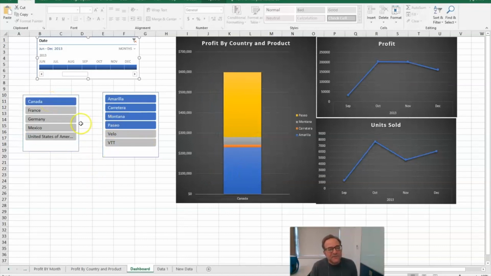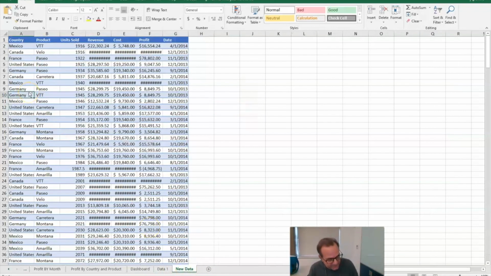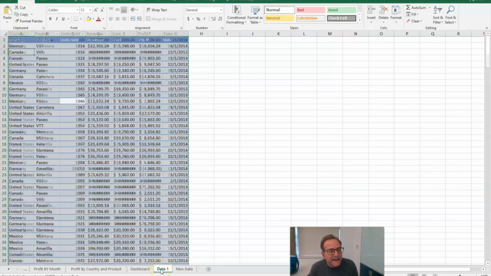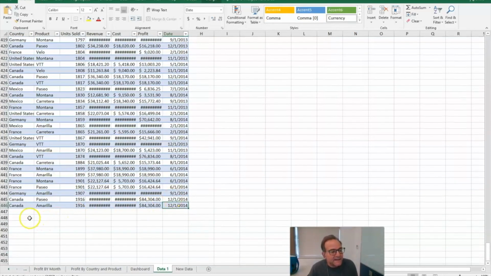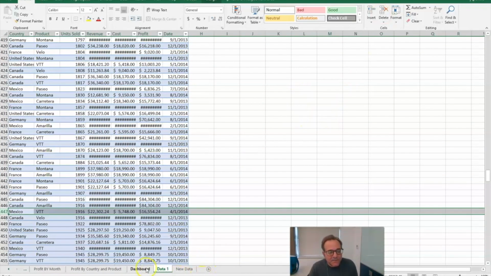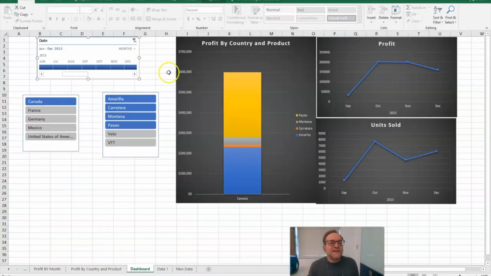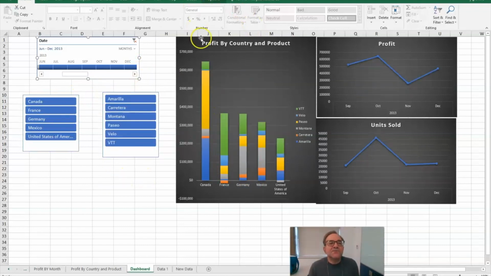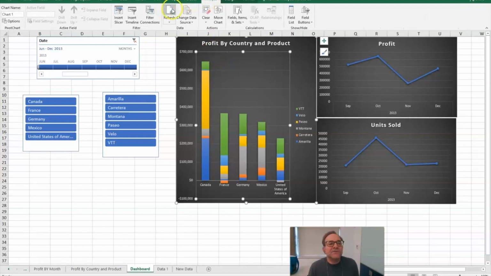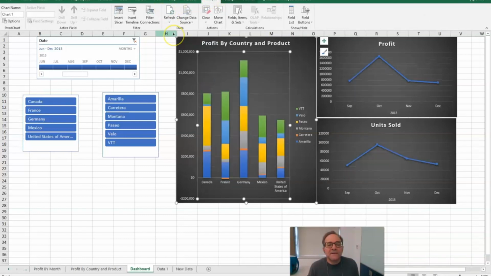And the other great thing that you can do with this then is, let's say, you get new data. So here's some new data, and we're going to select all this data, copy it. Let's go to the data tab, and I'm going to go to the end of it, Control End. Will take me to the end of the data, and I'm going to now paste. So now let's go back to the dashboard, and that new data, in order for it to be displayed, you have to refresh. What I want to do then is go to the Analyze tab, and under Refresh, click Refresh All. And there you go. You've just added all that data. And there are ways to bring the data in automatically into Excel.